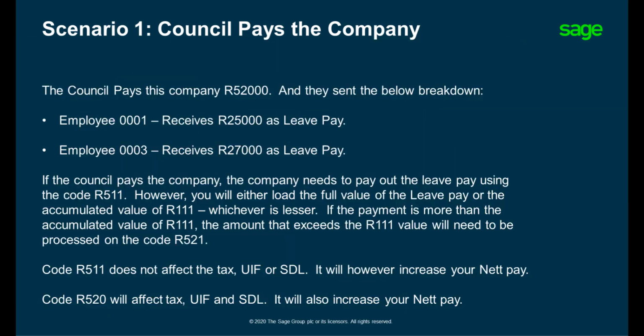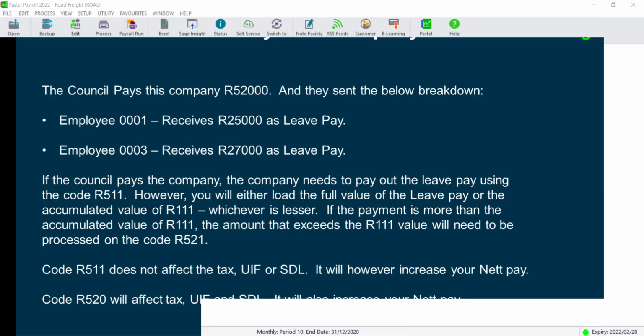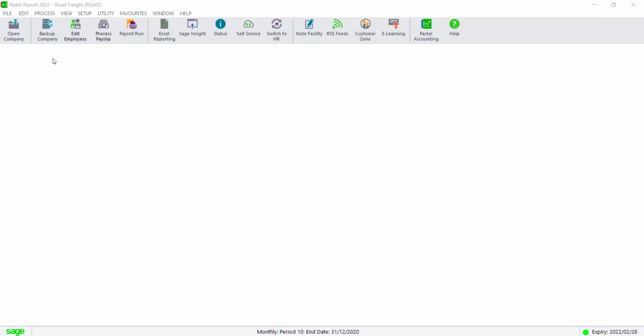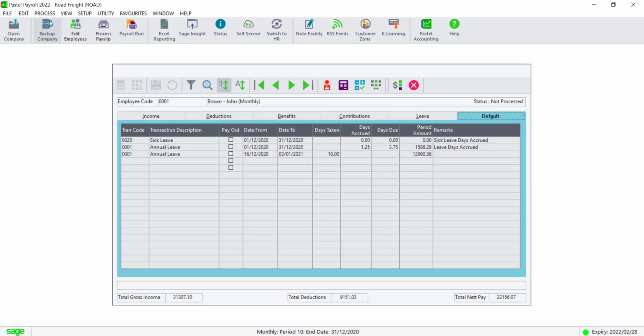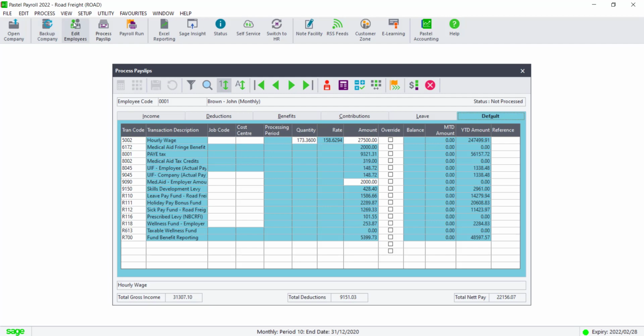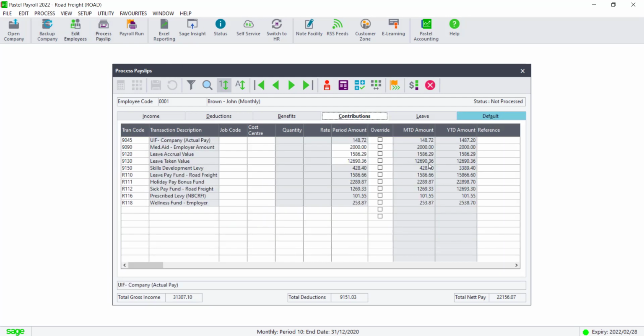Scenario 1. When the council pays the company. Please take some time to read through this scenario. We will start with employee 0001 by navigating to their payslip. You will either be paying the year-to-date value of R111 or the amount of the bonus, whichever is the lesser